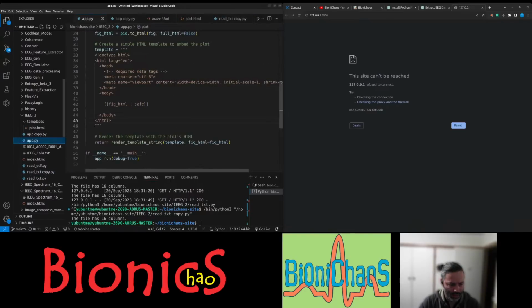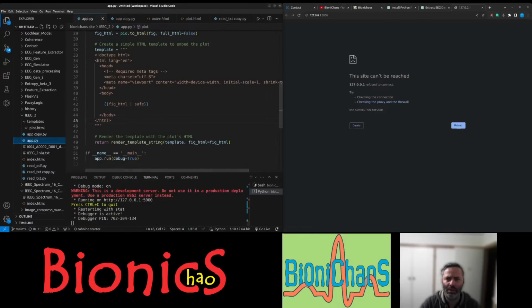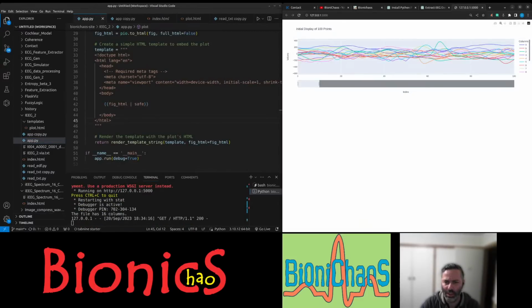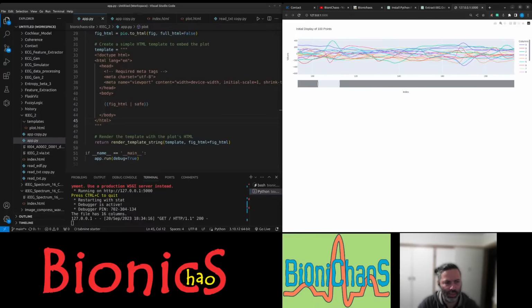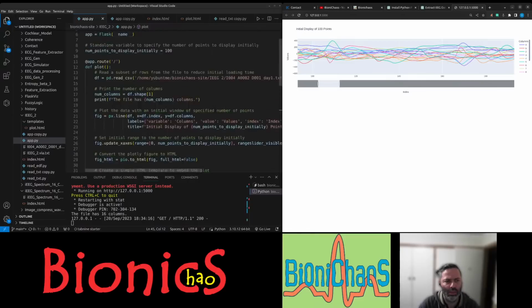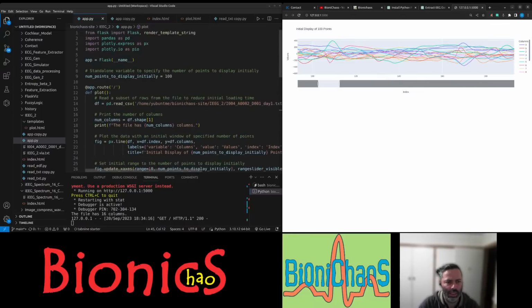Okay, where is it? It's this one here. Should start again. So initial display of 100 points, that's correct. We have, let's see, 100 points all up. Okay, a couple of things.